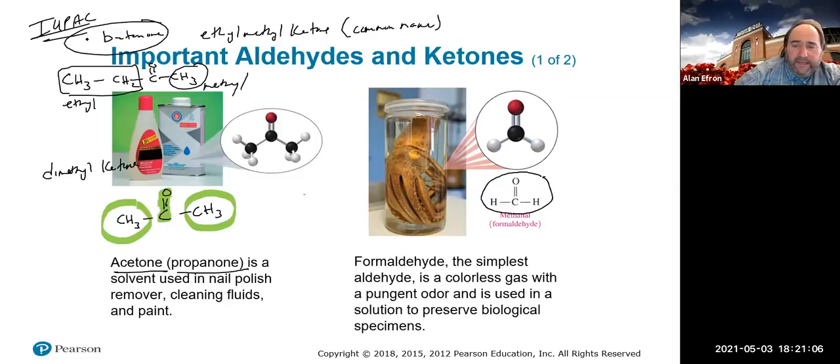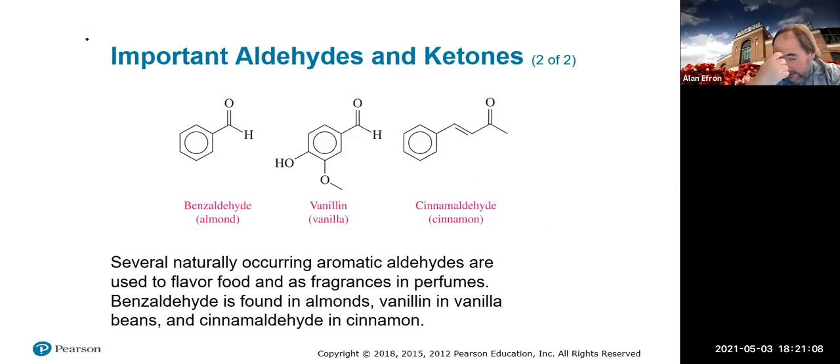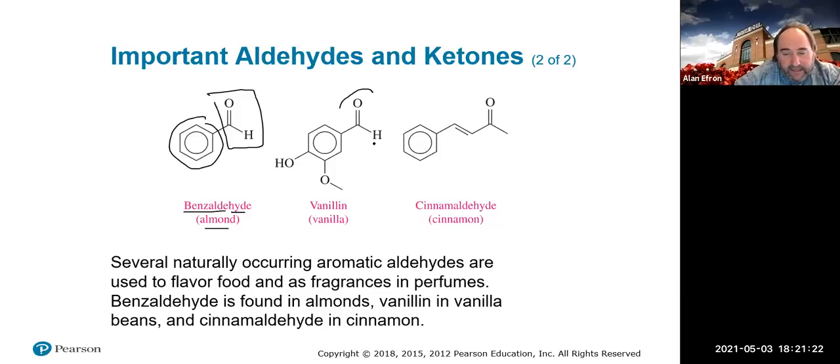Some other important aldehydes and ketones. Here's our benzaldehyde, which basically has a benzene ring, which is this guy, and an aldehyde group on it. Hence the name benzaldehyde. It's basically what we see in almonds. Vanilla here, also an aldehyde. If you see a group here. And basically the cinnamon there basically is an